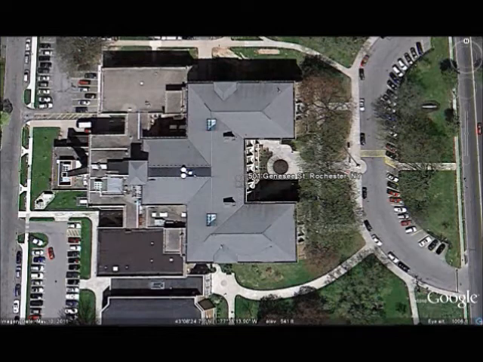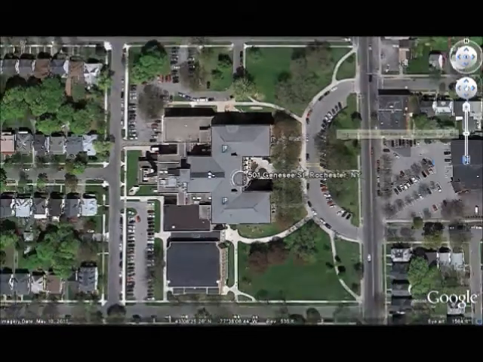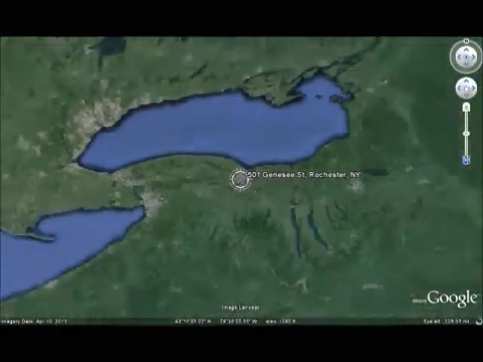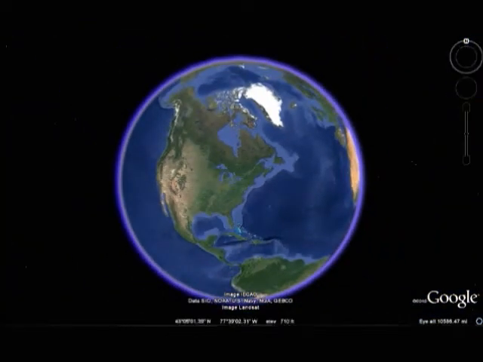To help us understand how the sun's path changes at different latitudes, I've asked some friends of mine from around the planet to tell us how the sun moved through their sky. Here we see Wilson Commencement High School in Rochester, New York, and we are going to zoom out from there, and we are going to be making our next stop in Cape Coast, Ghana, which is just north of the